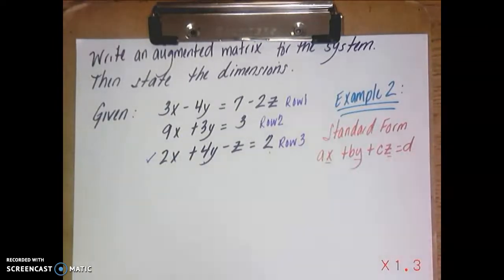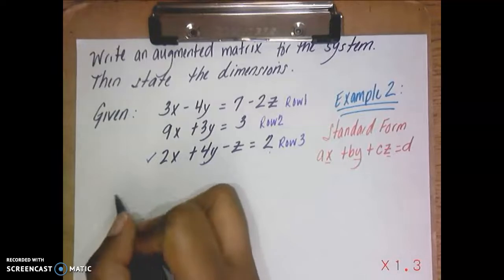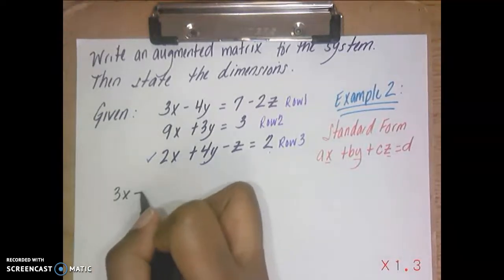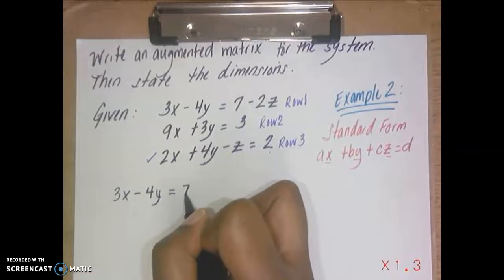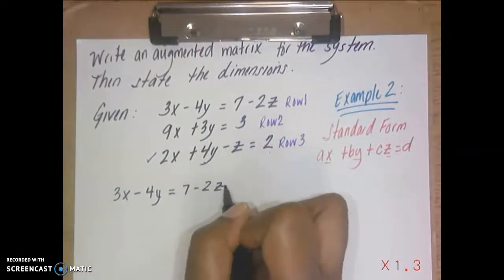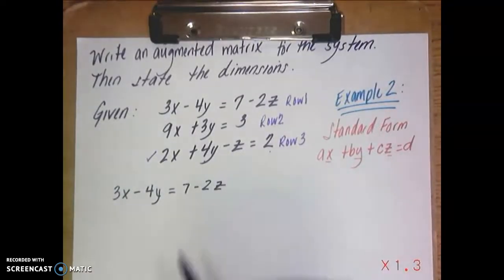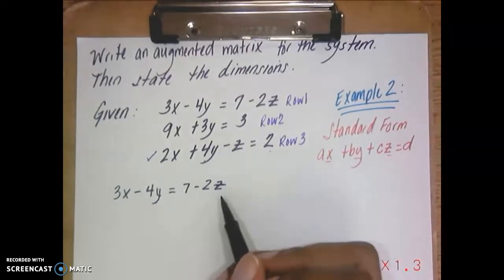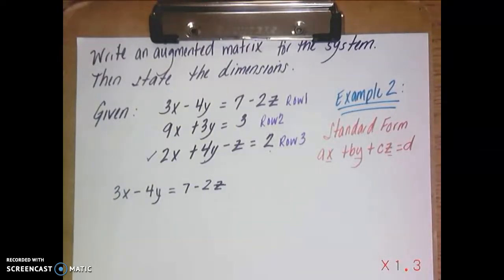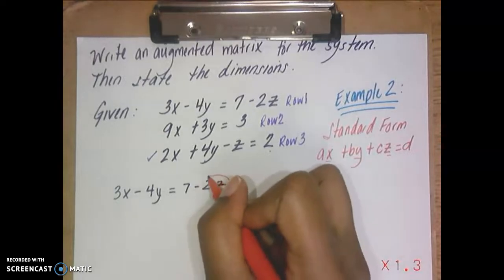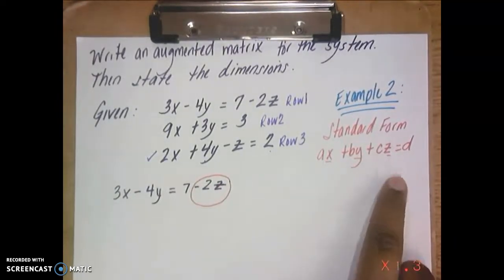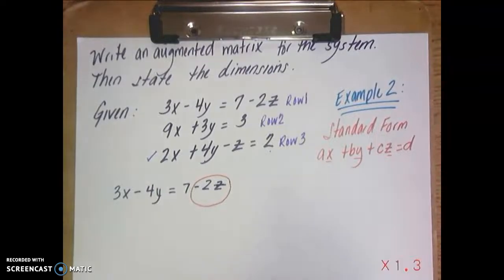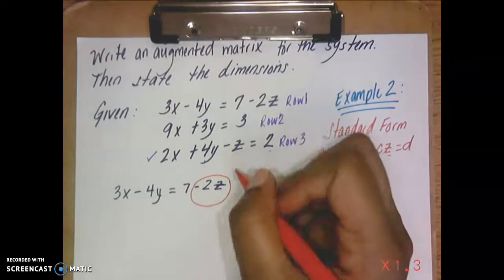What happened is we are given on our first row 3x minus 4y equals 7 minus 2z. Now, what's wrong here? What you're seeing has an issue because this 2z does not belong over here. All we need over here is just a number. So we're going to eliminate that and bring the z to the other side. The only way to do that is going to be to add